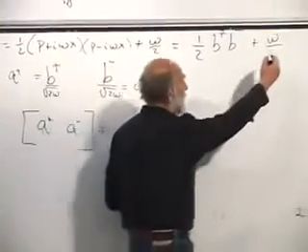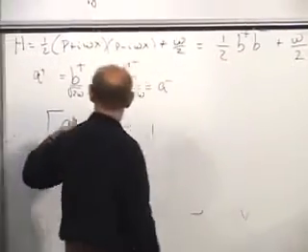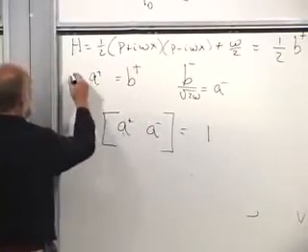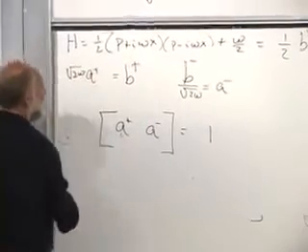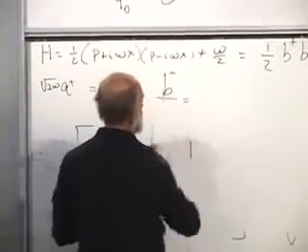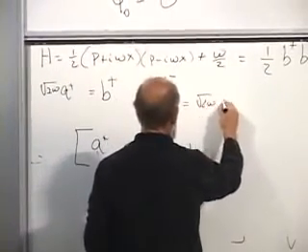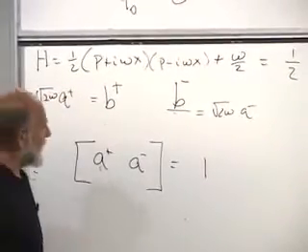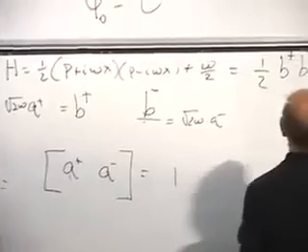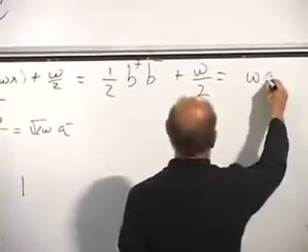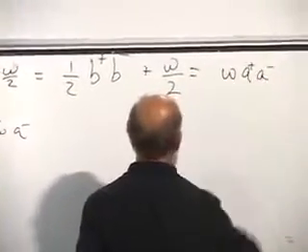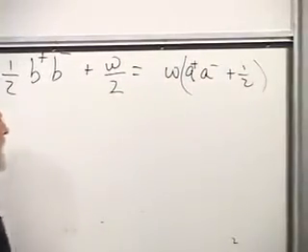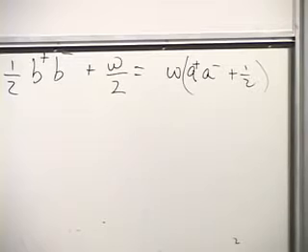Okay, so this is going to be just simple, it's hardly even algebra. Just substitute, solve for the b's, square root of 2 omega, square root of 2 omega, a minus. All right, and now substitute for the b's in terms of the a's. And what do we get? I think we get omega a plus a minus plus omega over 2. There it is. Omega a plus a minus